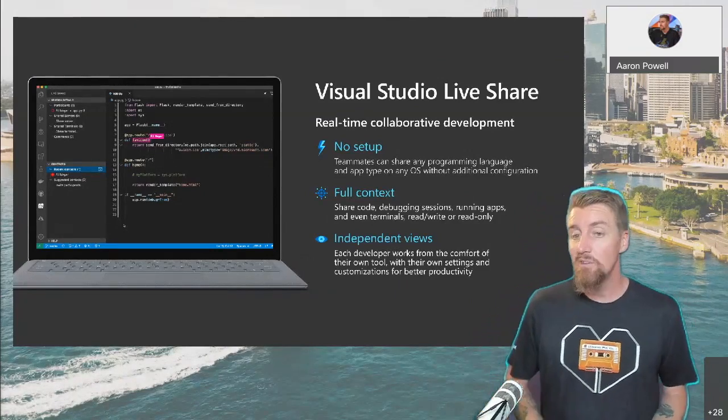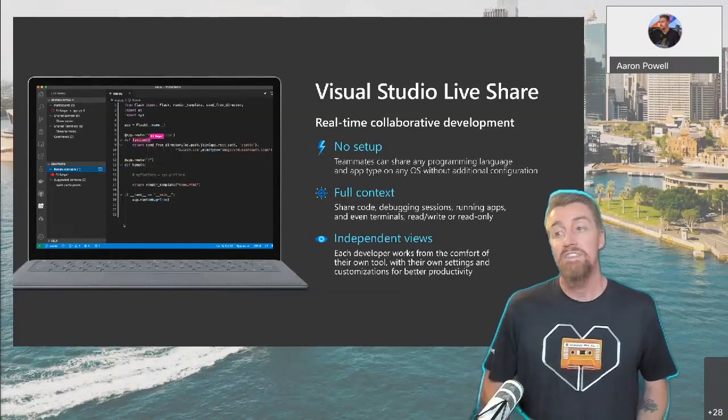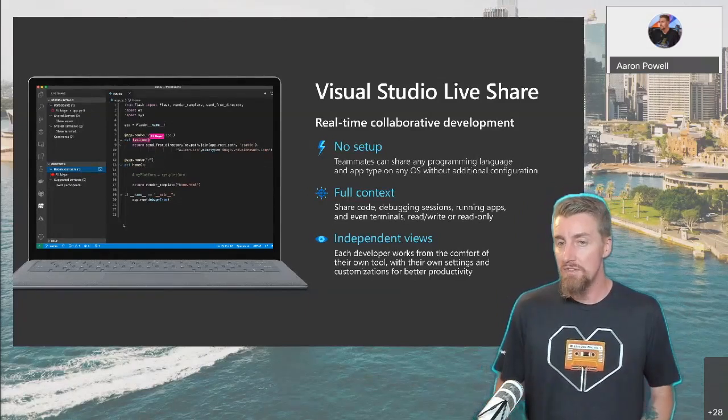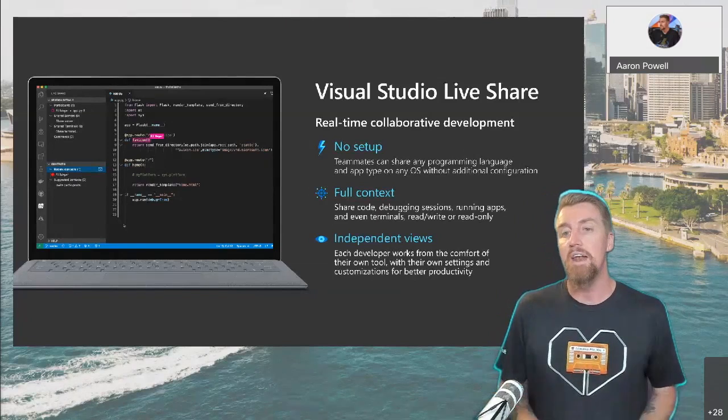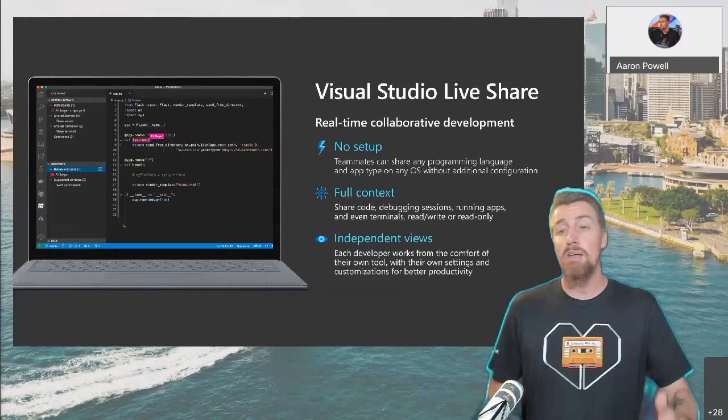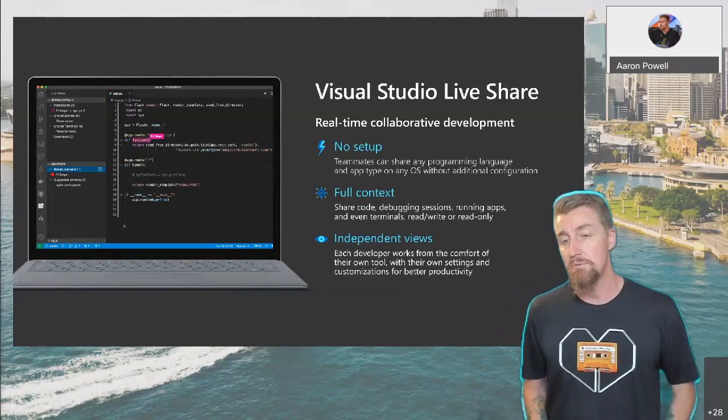They have never had to download source code for my application. They don't have to have anything set up to run the development environment. They can do all of that. If I had a debugger attached, they could step through breakpoints the same as I could step through breakpoints remotely.